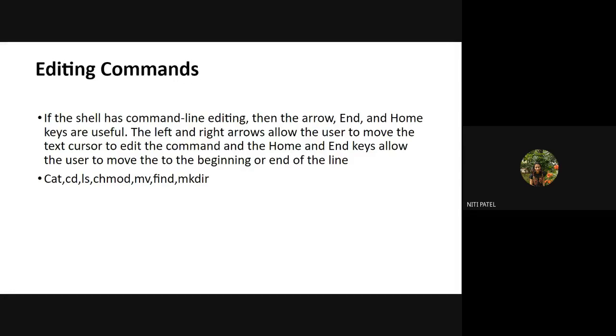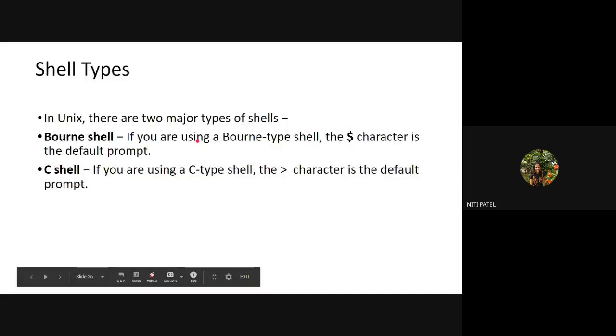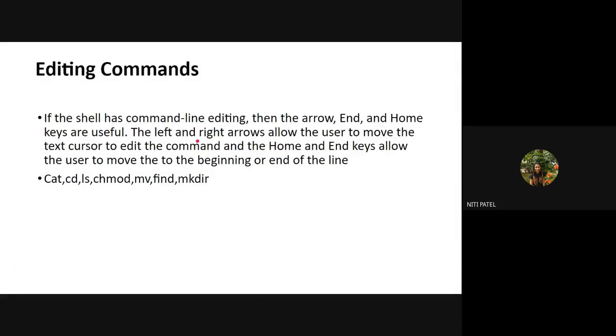So when I open that VI editor, I can move up and down, right and left. All these things can be done by using arrow keys or by using the home and the end keys from the keyboard. The left and right arrow allows the user to move the cursor to edit the command. If I want to edit any command, I will first open the VI editor and click on that particular command. If I want to go right, I will use the right arrow. If I want to go to the left of the command, I will press left arrow. After this is done, I will press :WQ, save and quit. So I can move right and left by using the right and left arrows of your keyboard.